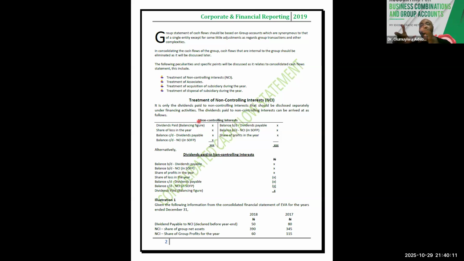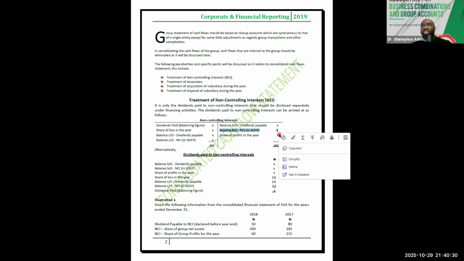Therefore, all things being equal, equity should have a credit balance. That means the balance brought forward for non-controlling interest, the equity attributable to non-controlling interest, will be on the credit side because equity is primarily supposed to be on credit,